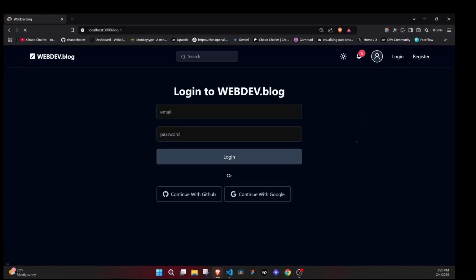It's submitting. Once we are logged in, we are directly taken to the user profile. And if we try to go to the login page, it's not working. If we try to go to the register page, it's not working, meaning that we are logged in. But if we happen to sign out, it is working. And once we sign out, we are taken to those pages and you are able to